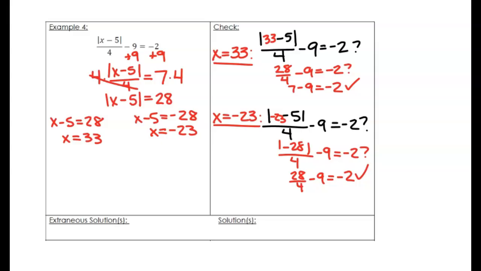All right, folks, so even though we got some kind of crazy values, we got x equals 33 and x equals negative 23, we find that both of them work, so there are no extraneous solutions. We have two solutions here in our set, so open your brace, write the smaller one first, which is negative 23, because it's negative, and 33 follows. And finally,